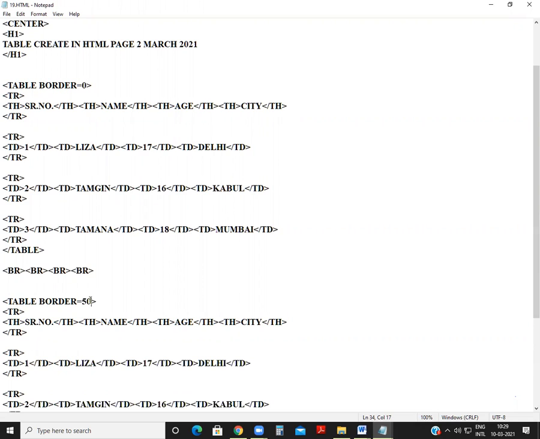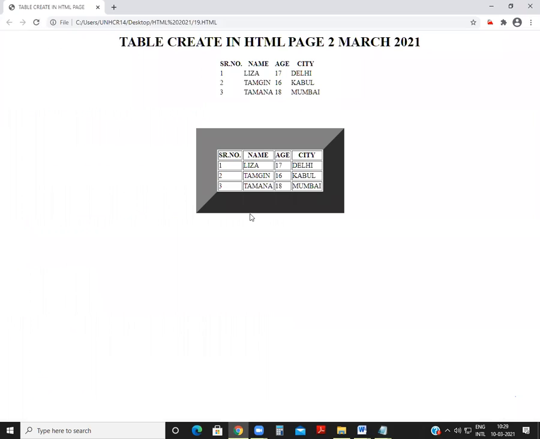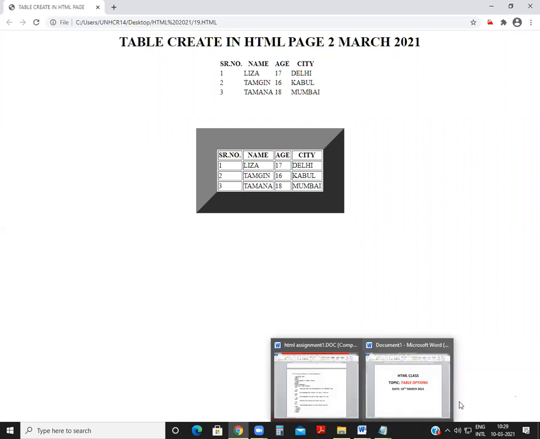If you write 50, what will happen? Let me save the file and refresh this page. It's like this. Is it okay? Yes, sir. Good.